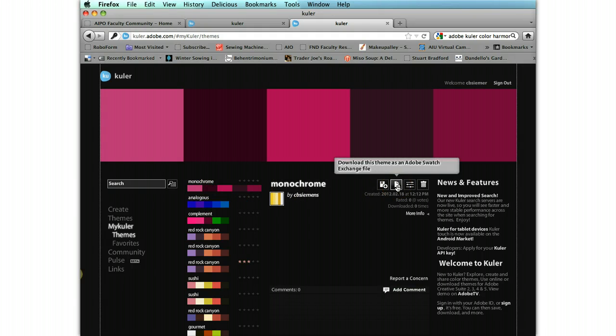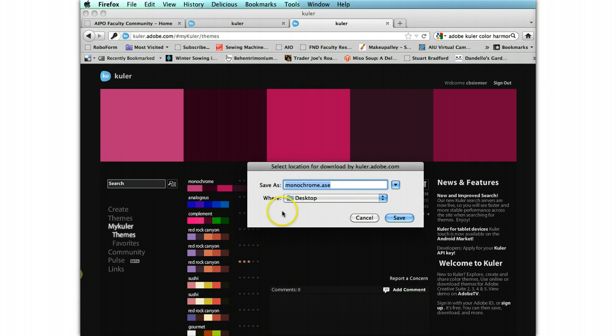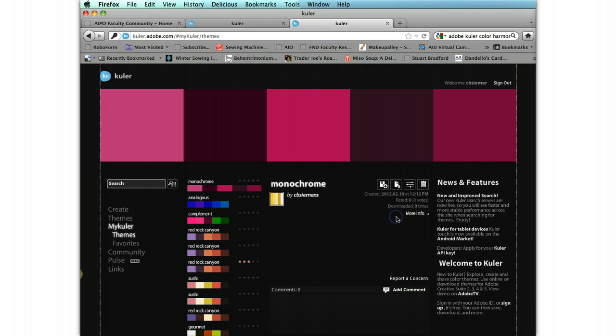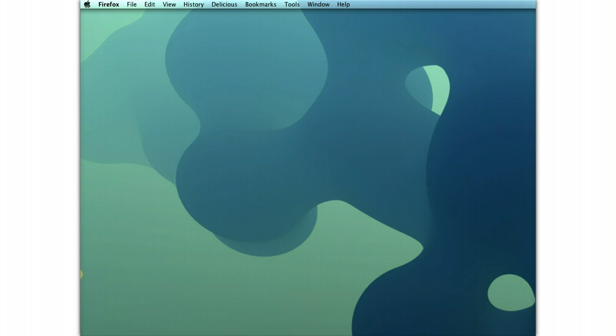And so I'm going to just select the monochrome here, which is the one I just did, and I'm going to download this file as an Adobe Swatch Exchange file, an ASE file. So I'm going to click download, and there it is, monochrome.ase. I'm just going to save it to my desktop, but if you've got a color folder, I think it would be better to put it there. I'm going to save it,